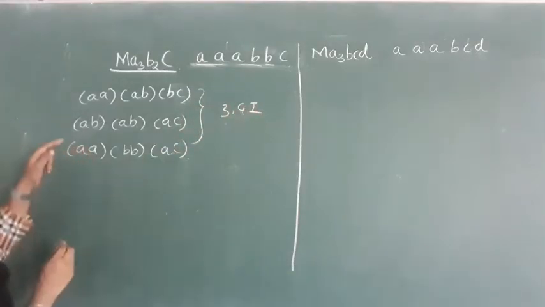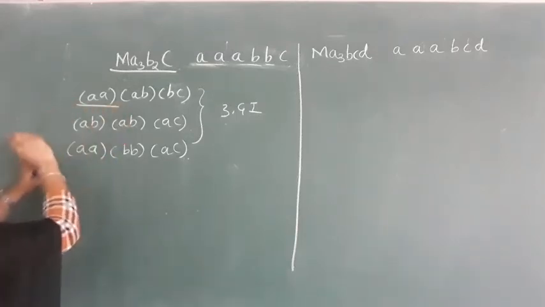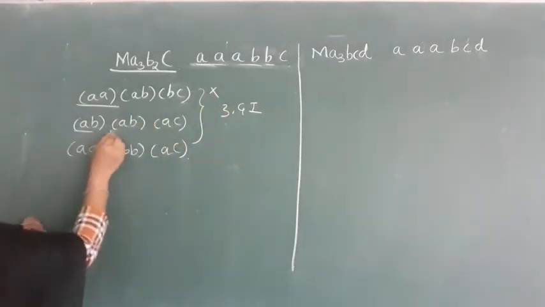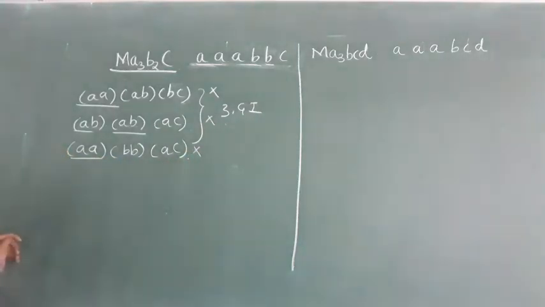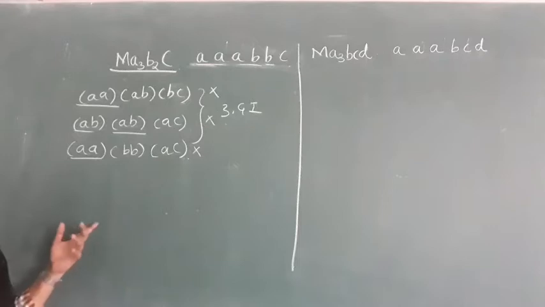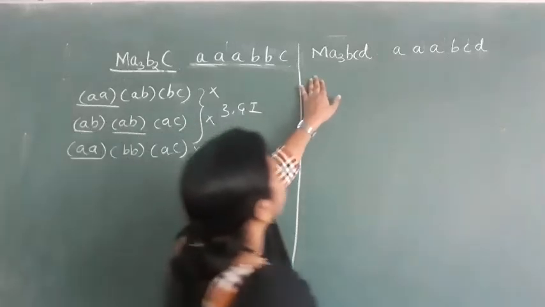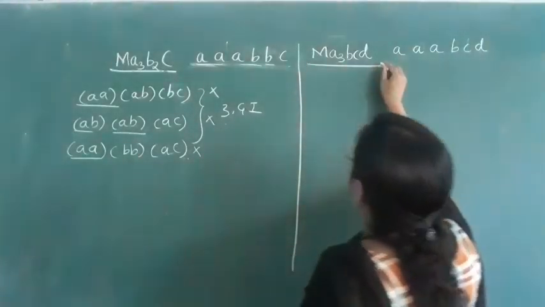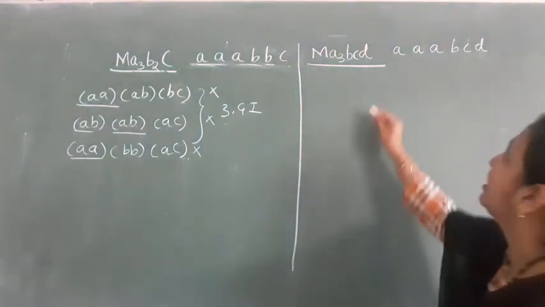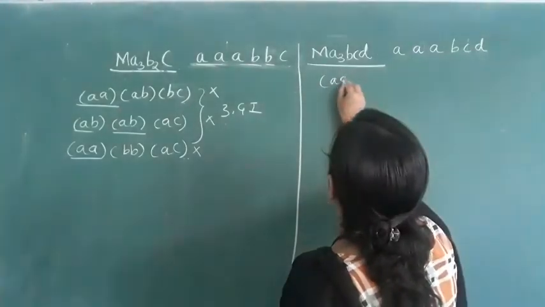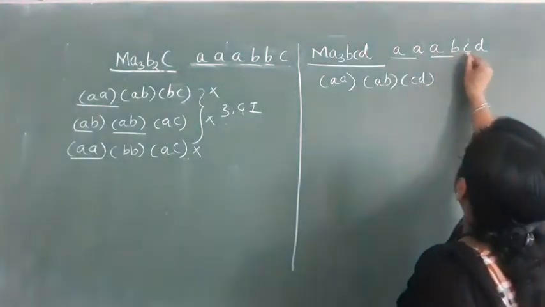Three geometrical isomerism, and how many optical isomerism? Check whether an AA combination is there, so it is optically inactive. In these two we have AB, which is also optically inactive, and here we have one AA, so it is also optically inactive. So total we have three geometrical isomerism and no optical isomerism in the A3B2C type. Similarly, for A3BCD you can also try it. How many combinations are possible? Just check, and that many will be the geometrical isomerism. First it is AA, AB and CD.